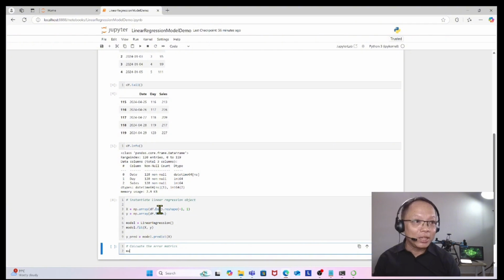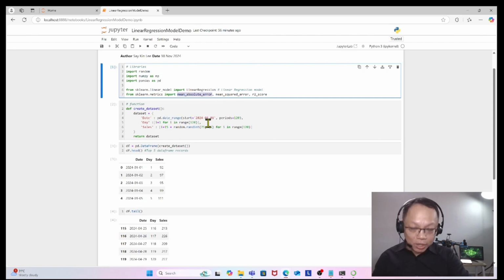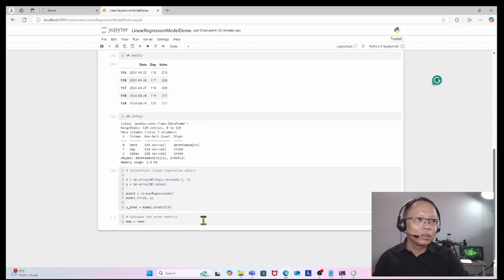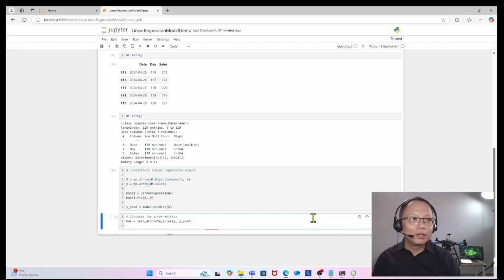So MAE equals mean absolute error of the actual y and the y predict. Okay, y pred. Okay, mean square error